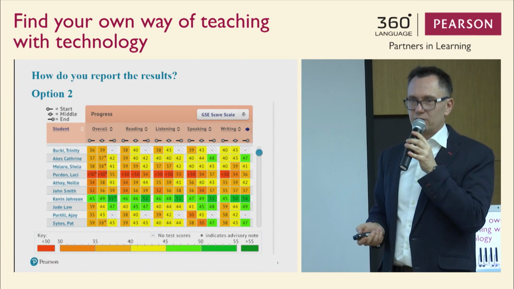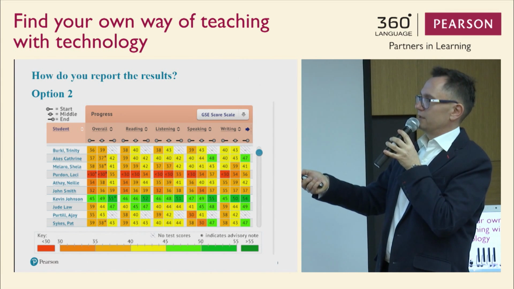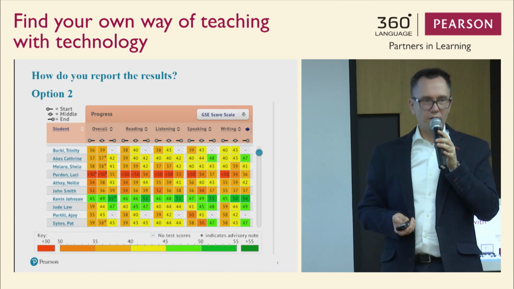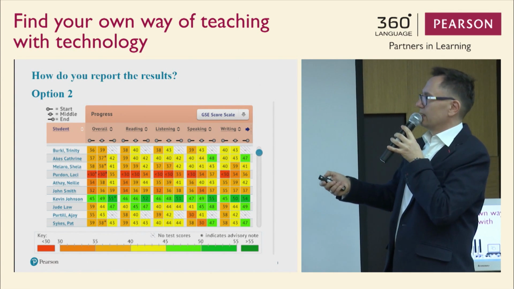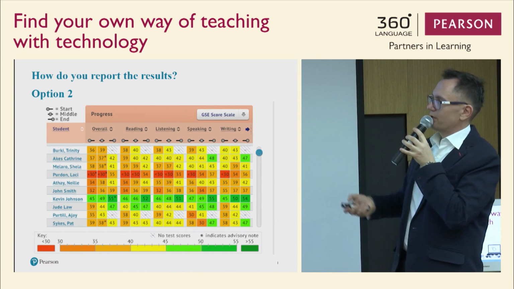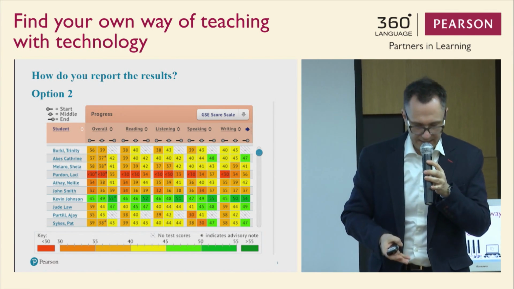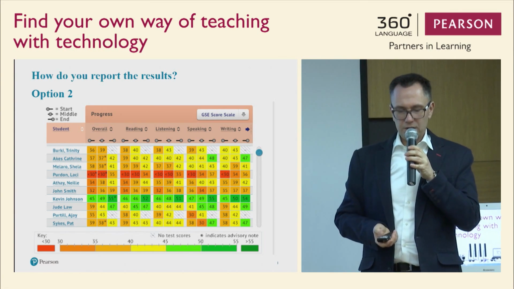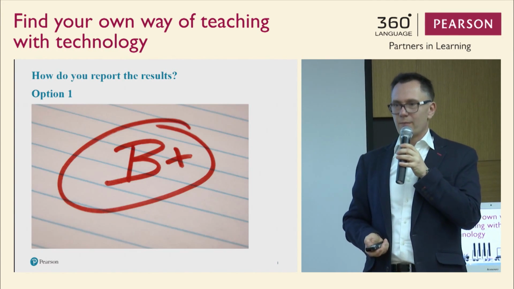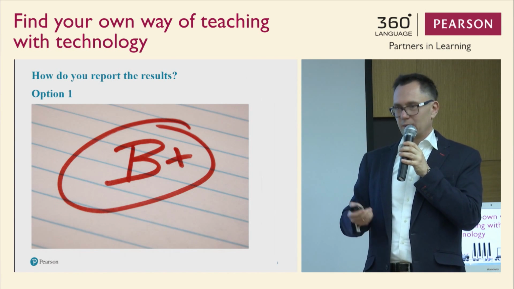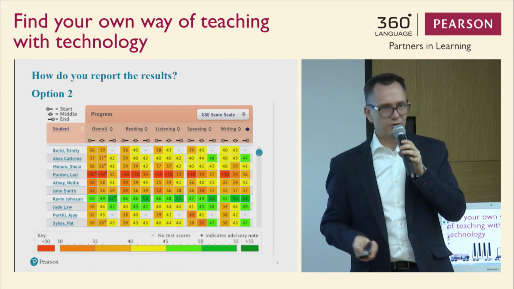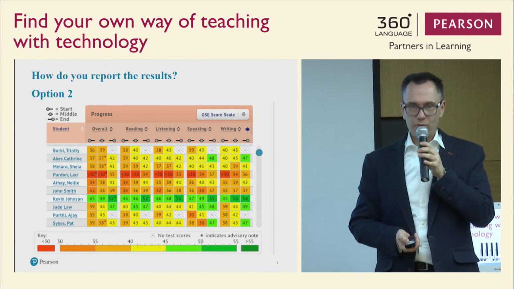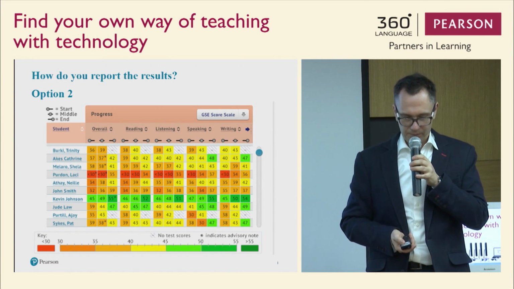And you can see that student 1 has progressed from 36 to 39. But there's a lot more information for you and for the student, because you will be able to see the progress for each skill that is tested: reading, listening, speaking, and writing. Of course, you can do it manually, on paper, but it's much more convenient, objective, and reliable to do it with the help of the computer system.